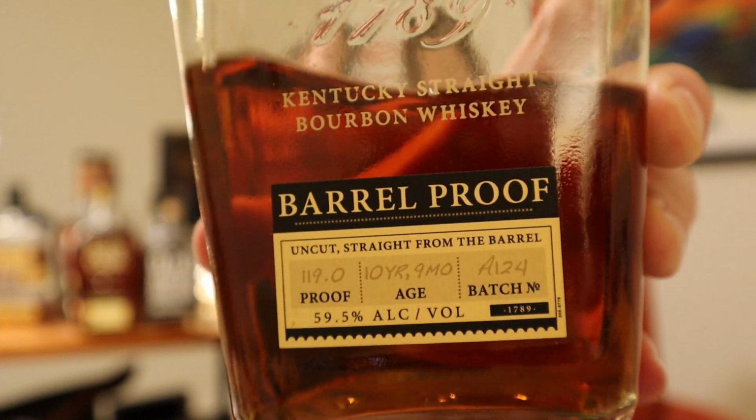And maybe the price is different depending on where you are. You have to select your state, and that's Pennsylvania. They probably tax the shit out of it. Maybe it's cheaper elsewhere. I thought, though, I'd compare it to Elijah Craig Barrel Proof